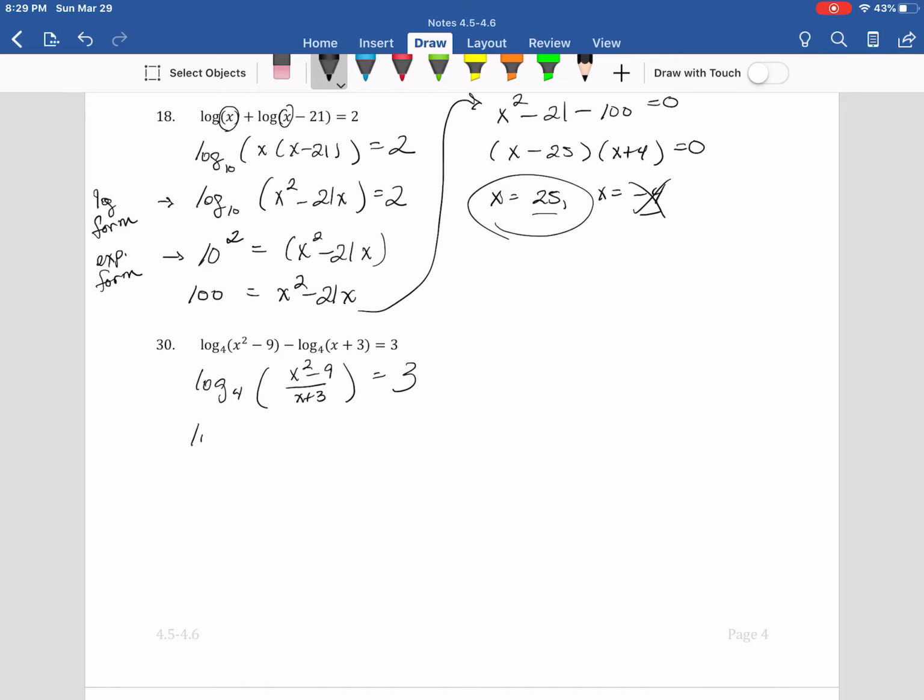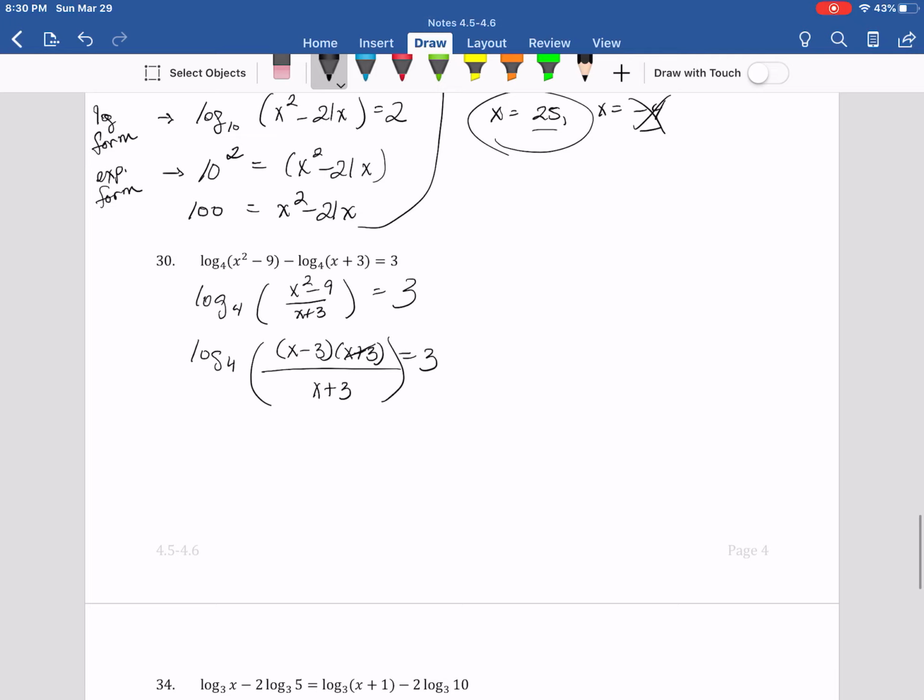The next thing you might want to think about is factoring what's inside the expression, because we want to try to simplify that as much as possible. So it does factor. It's the difference of two squares, and now the x plus 3 factors will cancel each other out. So now it's log base 4 of x minus 3 equals 3. And I'm going to rewrite this now in exponential form. This is the log form